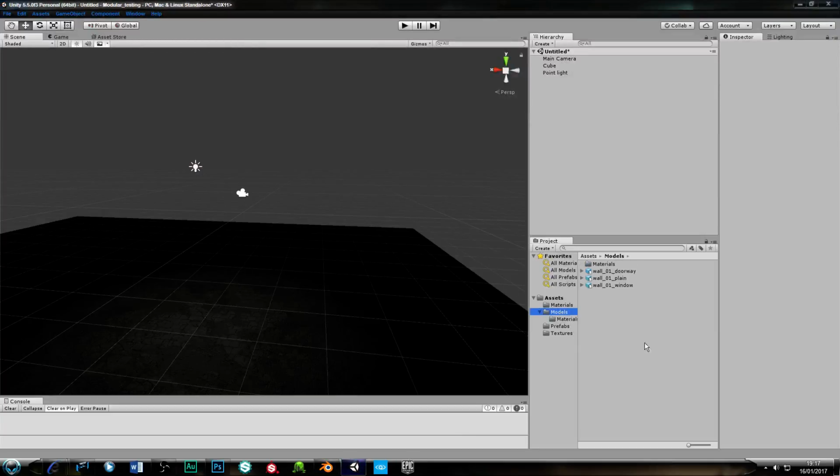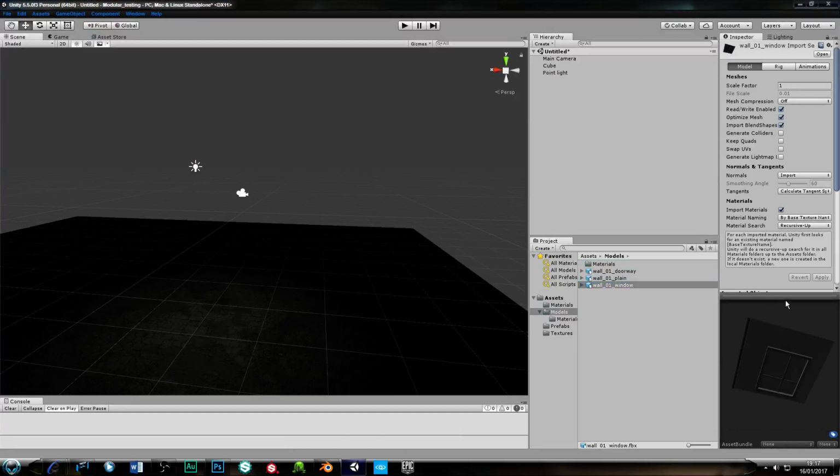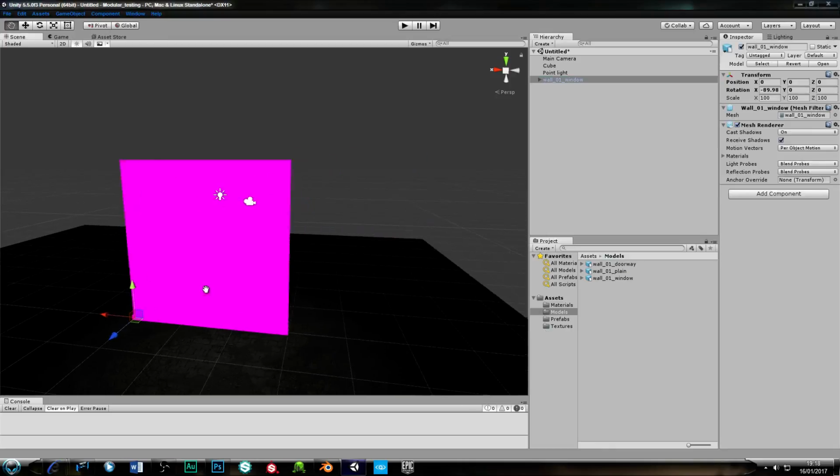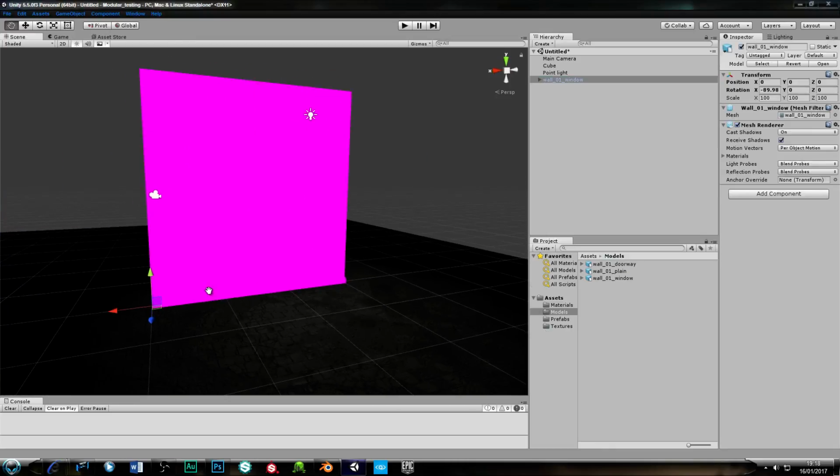Go into models, and as you can see again, it brought a material in for our window. There's our window piece. Okay, right, so we will get rid of that material. Select folder, press delete, delete it, drag our window into the scene, and there's our piece. So we'll get our material again